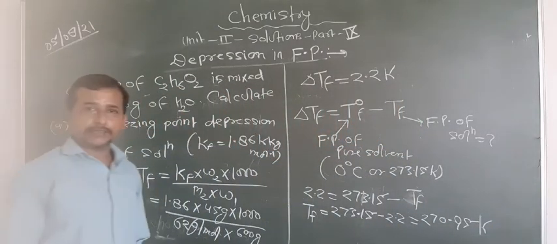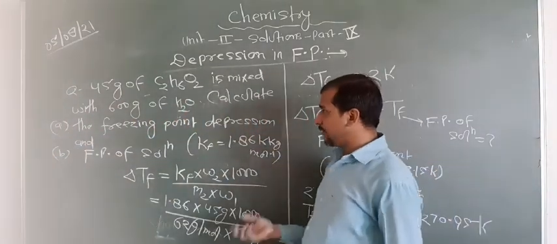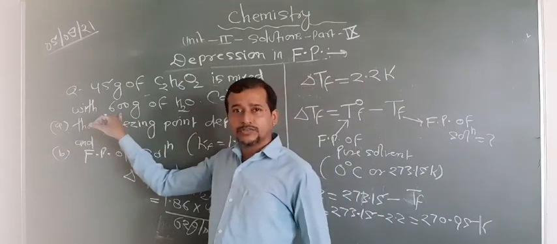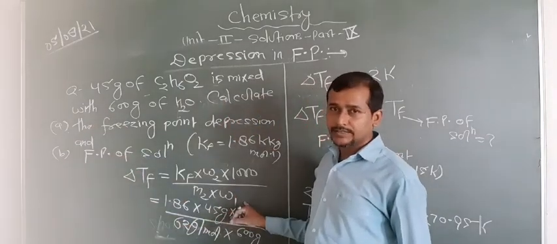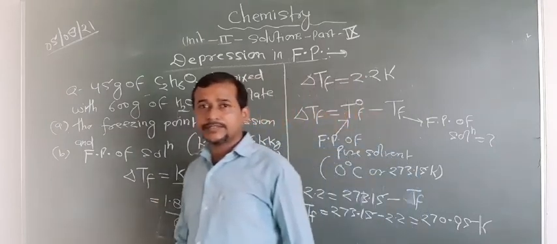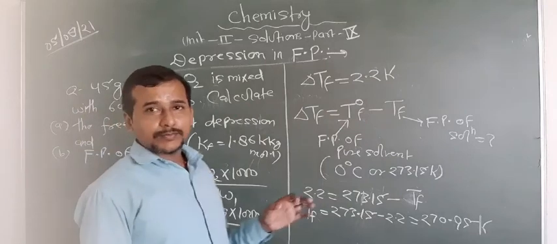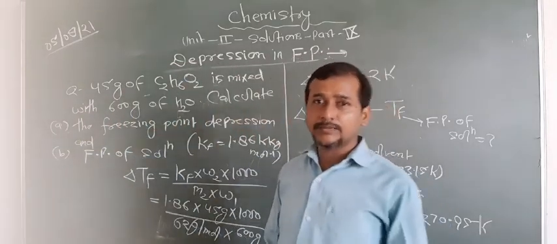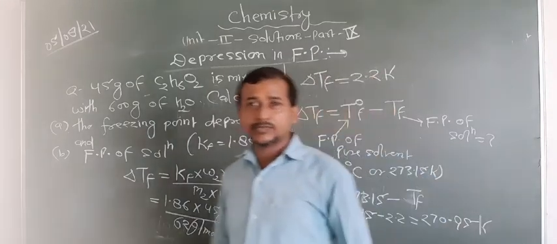So two questions are arising here. This type of question may be asked in the board examination. Maybe sometimes the mass is given in kilograms, so for using this formula you have to change it into grams. Okay. So these are the basic points regarding anti-freeze solutions, depression in freezing point, and one of the colligative properties, that is depression in freezing point. Are you getting this point or not?